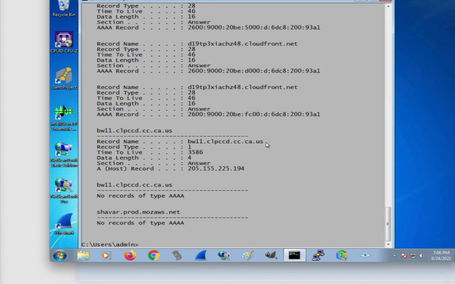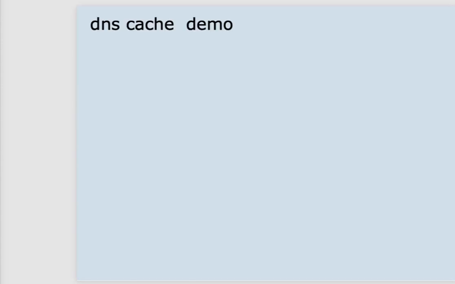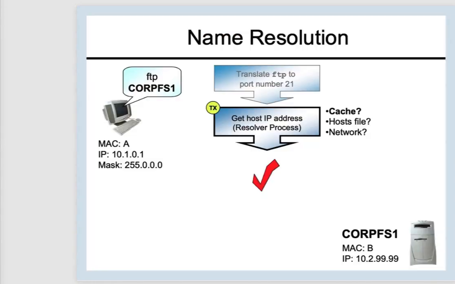So either from DNS cache or by sending out a DNS request, we're going to find out the IP address of that fully qualified domain name that we want to contact. Then the next thing we're going to need to know is, how do we get out of here? Is our destination not on my local area network? Do we have a route to that place?